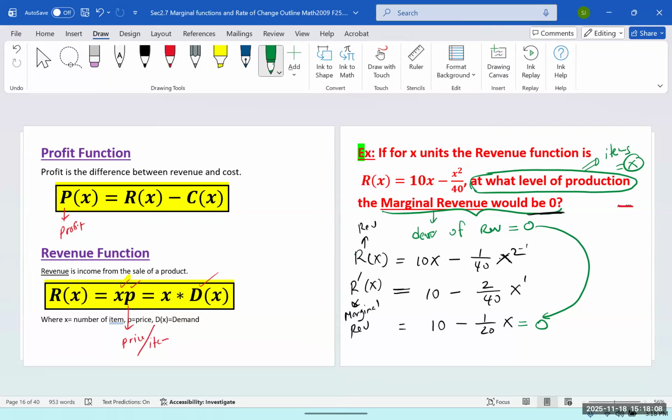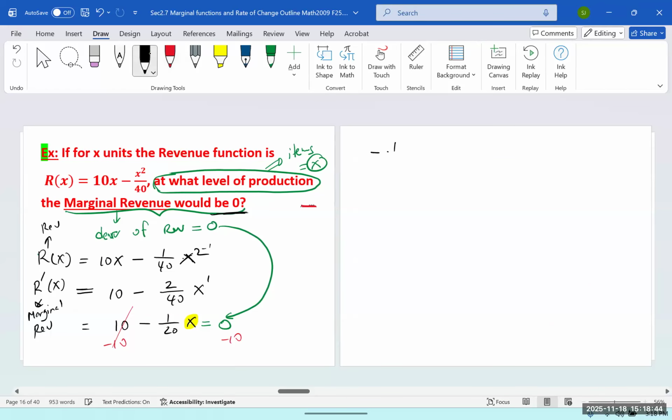And now you see this algebra. We need to get this x alone. So how do you solve for x? Say it louder, Dimitri. Say it again, I didn't hear you. You don't have to distribute. You can simply, at least what? We can minus 10. So 1 over 20 is just a coefficient. We can leave it alone. We get negative 1 over 20x is negative 10.